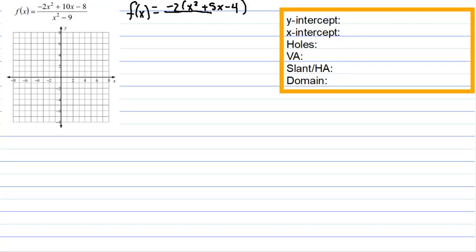Excuse me. Let me reverse that real quick. I'm factoring out a -2, so that's going to mean x squared minus 5x plus 4. And my denominator, I can factor that, or I can just leave it unfactored right now. It's up to you whichever way you want to go. I'm going to go ahead and show you the box I'm factoring,